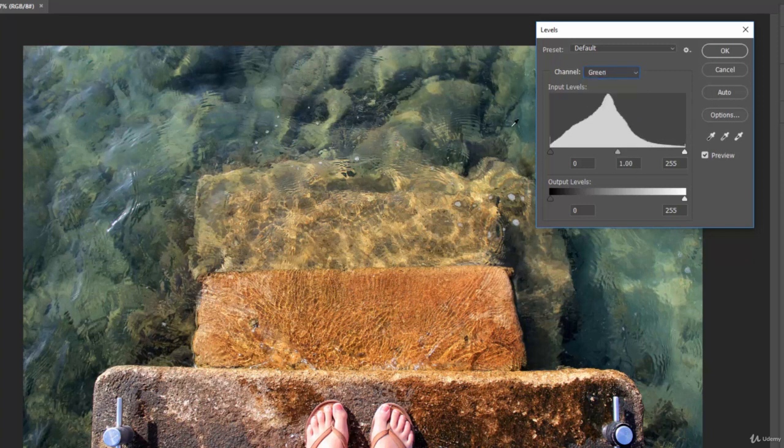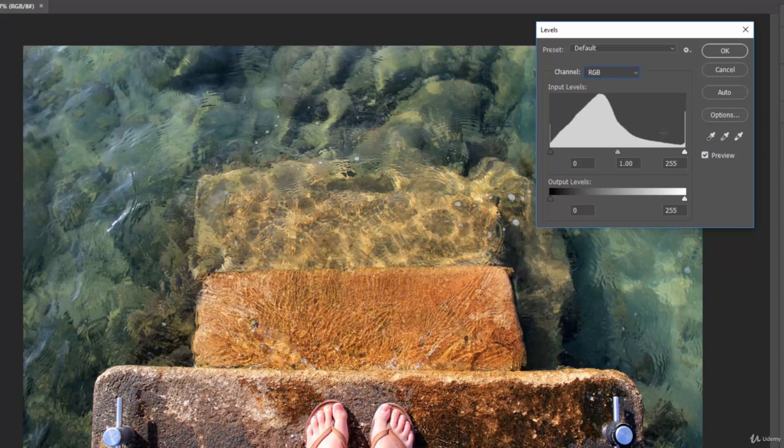If we take a look at the green, there's a lot of green in this image, and that's shown by this graph. So with the darker black pixels, there's some dark greens in here. There's not a whole lot of white or bright greens, but there's a ton of mid-range green. And if we look at blue, you can see that there is a lot of darker blues, but hardly any brighter or lighter blues in this image. So this is showing you, based on the different color channels, the darkest to lightest pixels. And if we go back to RGB, we're seeing all of them combined here.